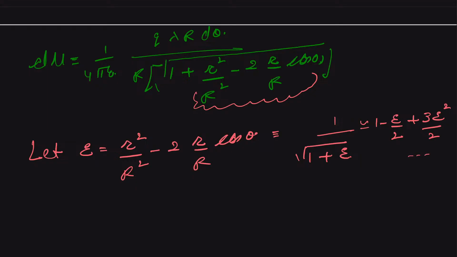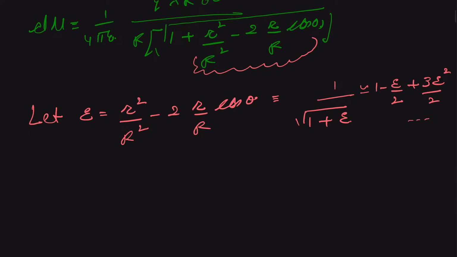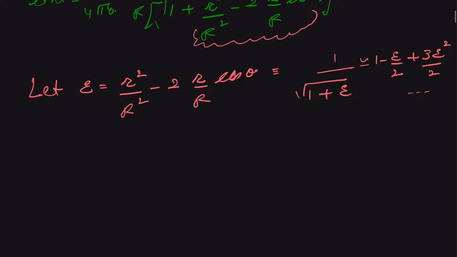Okay. And we substitute the value of this epsilon, and we get this, which is nothing but our s, so you can say 1 upon s will be approximately equal to 1 upon r, so 1 minus 1 upon 2